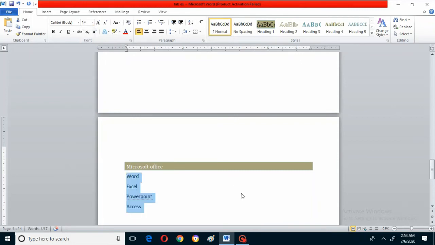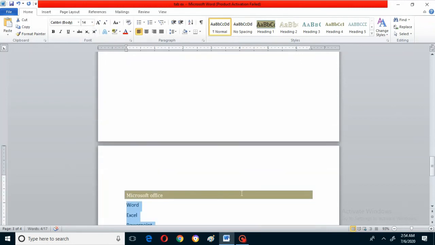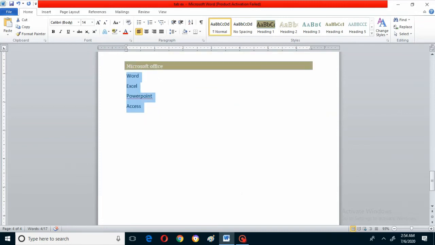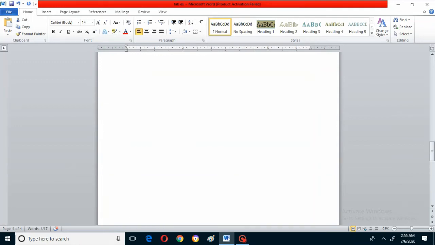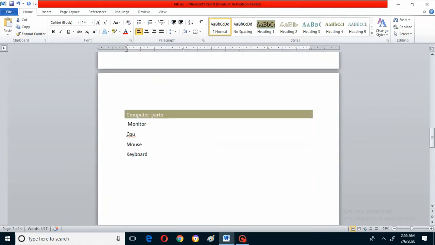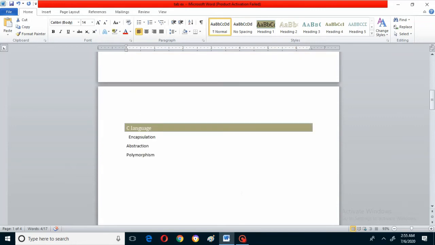Now can you see, this is Microsoft Office, the last page, where you have four options under Microsoft Office, right? The next page is under computer parts. Computer parts is the heading, and those are the topics under that. And this is C language. Encapsulation, abstraction, polymorphism are the topics under that. Now what I am showing is, I will show C language, Microsoft Office, computer parts as a table of contents